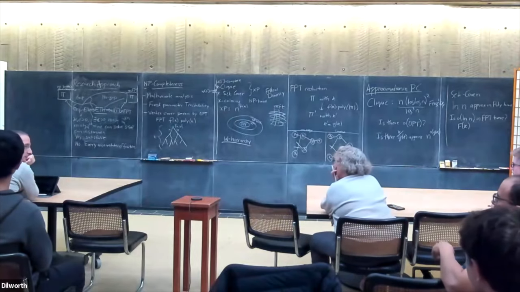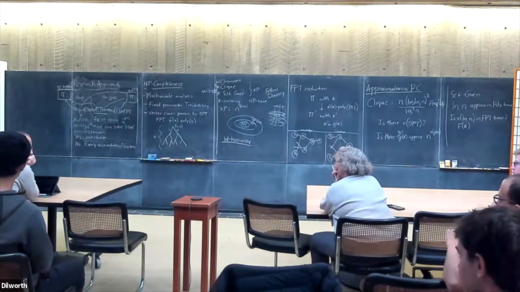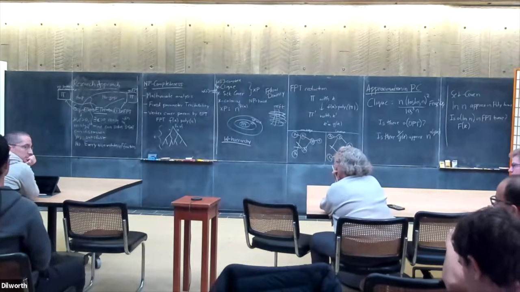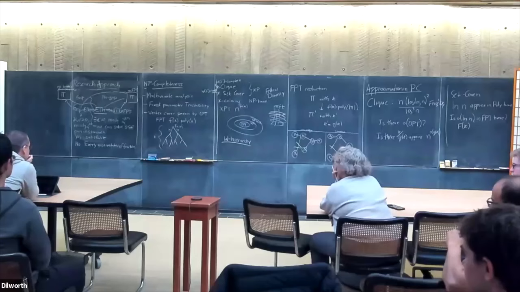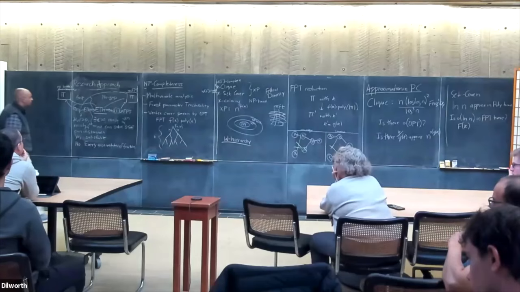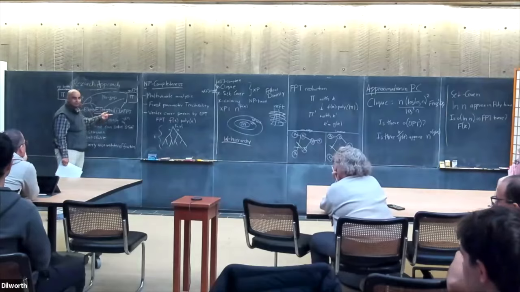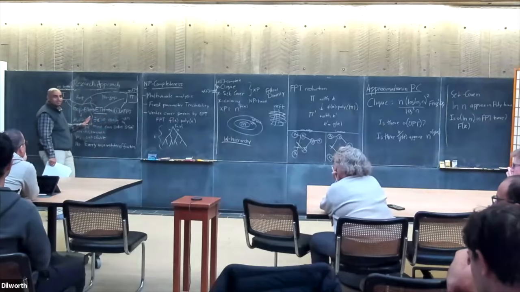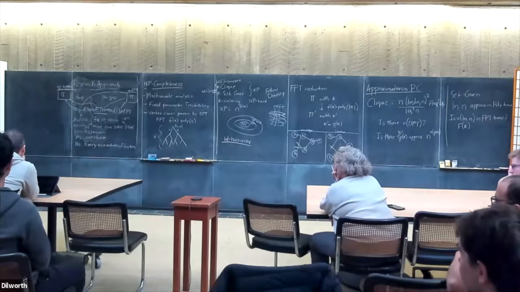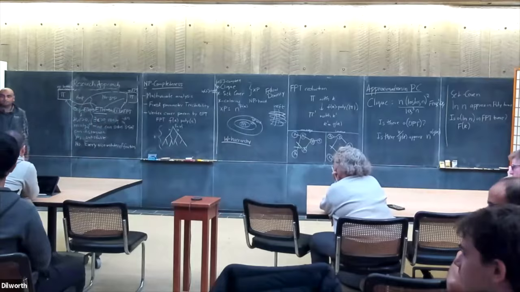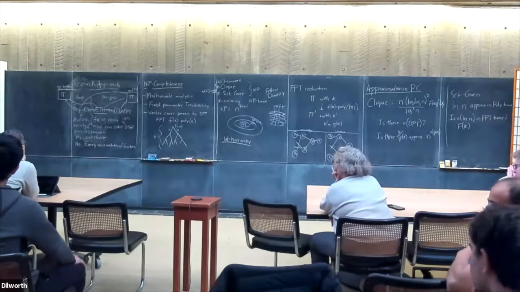So when you write only these three assumptions, essentially people don't know how to gain anything from anything in between ETH and W1 not equal to FPT. At least I don't know a popular assumption that's in between them, although there are candidates like the k-sum hypothesis and so on.